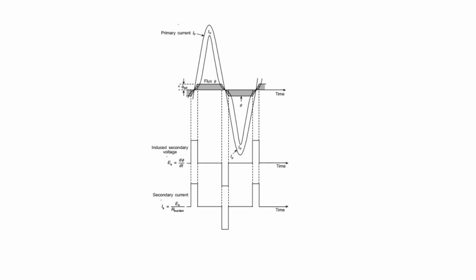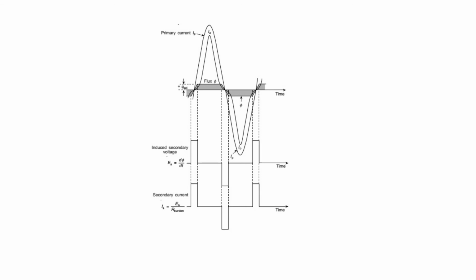Now the secondary induced voltage and the burden current waveform are highly distorted in that very case. So if you see from this, we will have I naught, then the magnetizing current, we have the IP primary current, then we will have the flux because it is saturated. So we have the flux waveform, and from the flux we will get this secondary voltage waveform, which is highly distorted. So from this we see it consists of only sharp pulses near the crossing of the primary current.